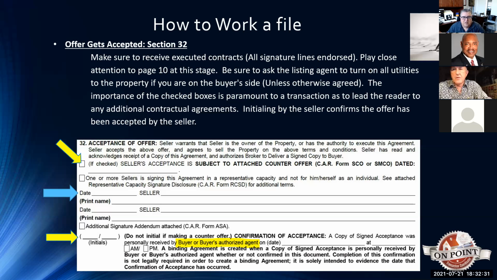This is important, and the reason I say it's important is that I find that about 97% of the time, this activity is not happening. Mainly because I'll get an accepted offer, and that box isn't checked and there's no date there, yet there's a counteroffer. So how do I know the counteroffer even exists unless they check that box? They're leading the reader to believe there isn't a counteroffer, and to me that's a problem.